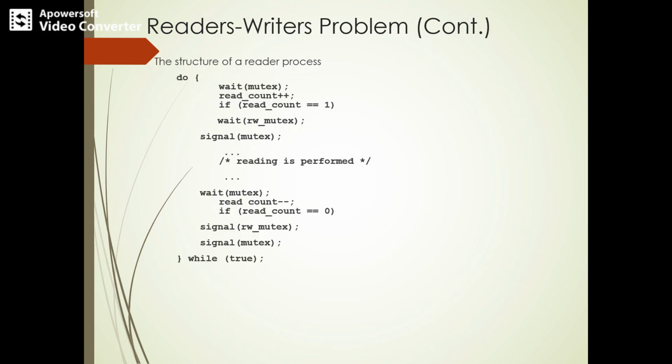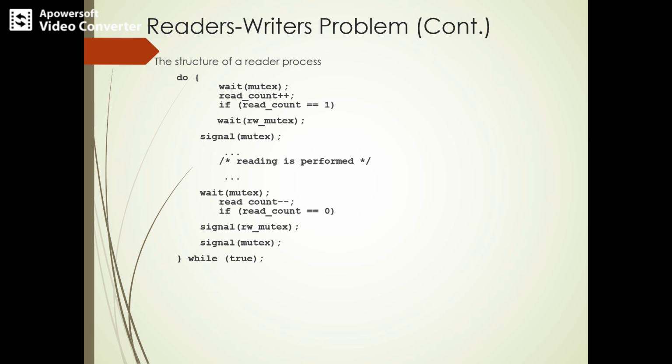So this is about the reader's process. So far we have seen the writer process, where whenever it performs a write operation, it asks for the read write mutex to be set. The read write mutex is common to both reader and writer, so any other process has to wait, and only then is the writing operation performed, and then a signal operation is sent over the same mutex. That is happening in the writer process. We have seen this in the previous slide. Now in this particular slide, let's see about the reader process.